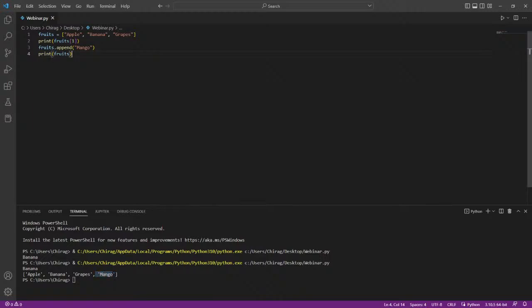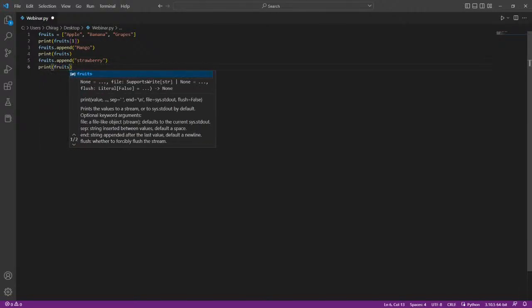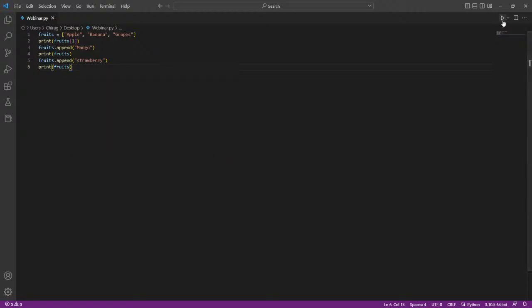Now let's say I want to add strawberries as well. So I can simply say fruits dot append bracket strawberry. Save this. Then in the next line I'll say print fruits, and then if I run the file,